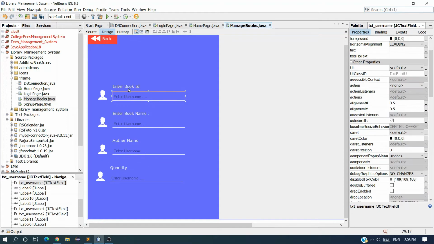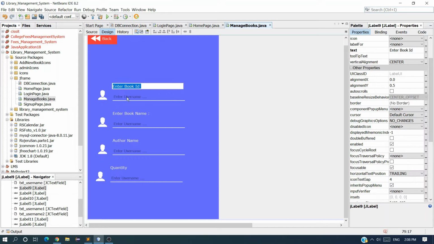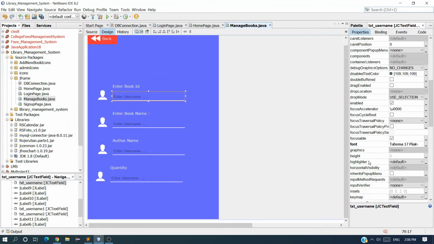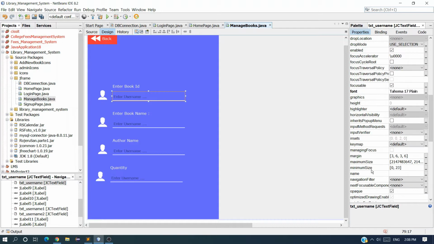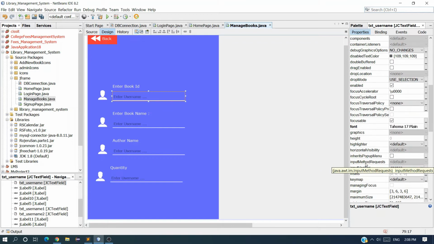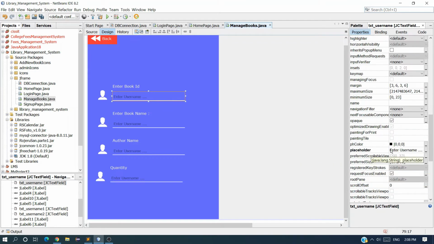Now I also want to change the placeholder, so copy this, select the text field, and here you will see a property called placeholder. Okay, where is the property placeholder? Just search. Here you can see, just paste this text and dot dot dot. You can see enter book ID.